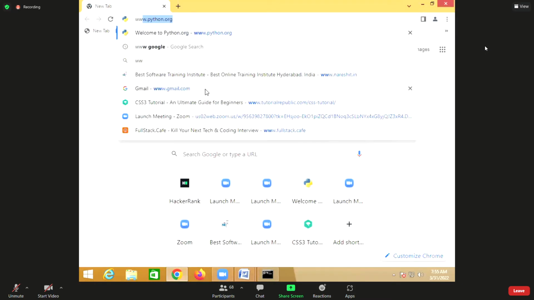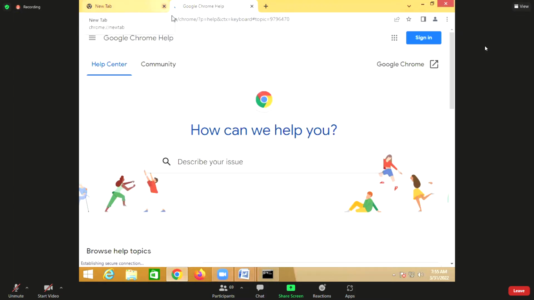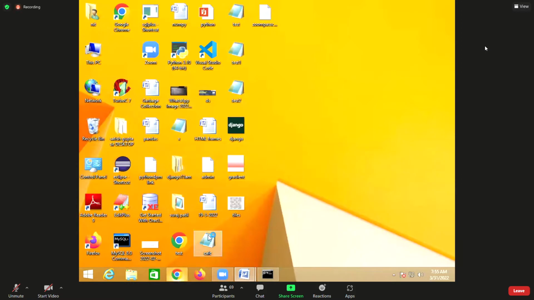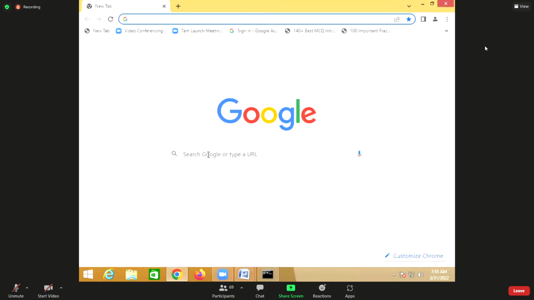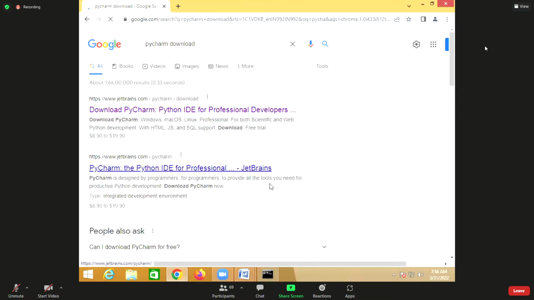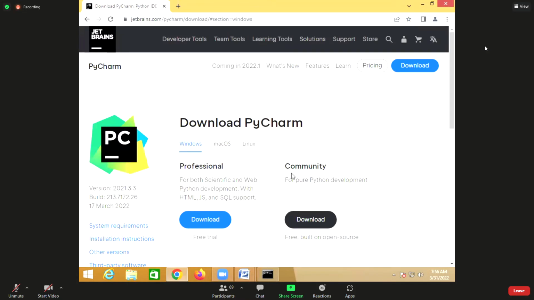So what you can do is you can download PyCharm. Just search for PyCharm download. If you click on this PyCharm download, you find two things here: professional, and one more is